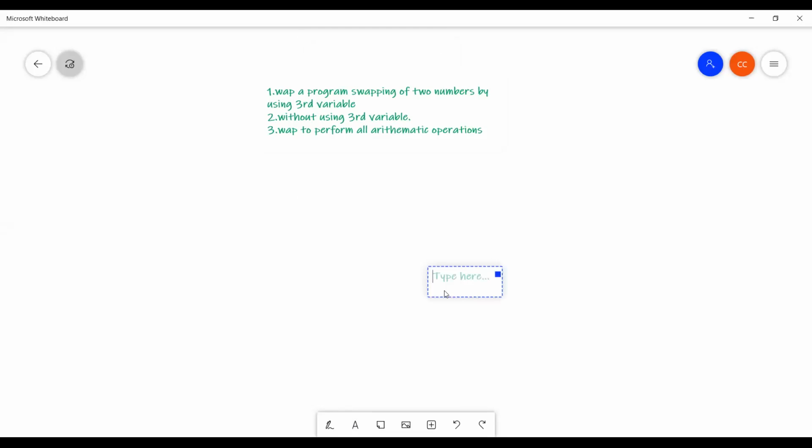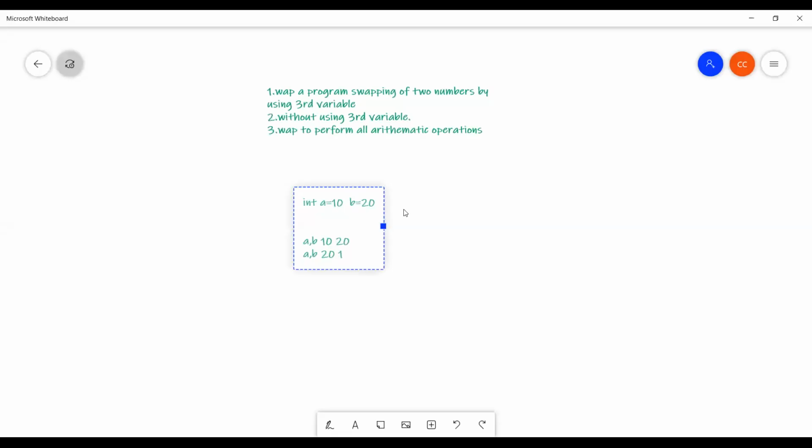I will take two values: integer a equal to 10, and second value b equal to 20. If you print the a and b values, you get 10, 20. But I am expecting the output a, b values as 20 and 10.